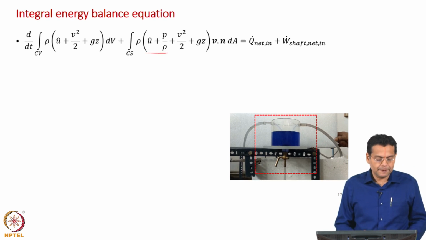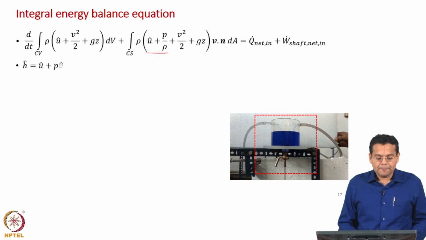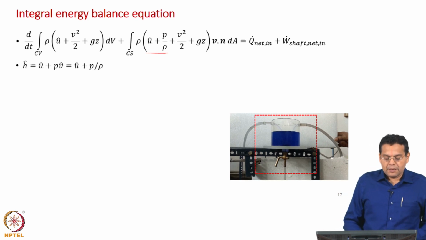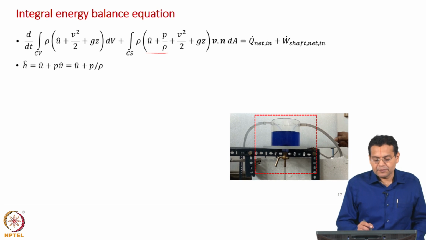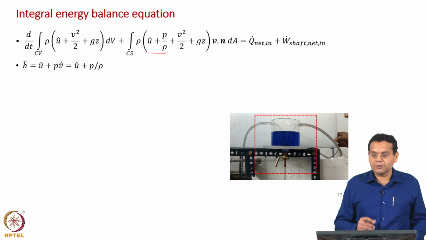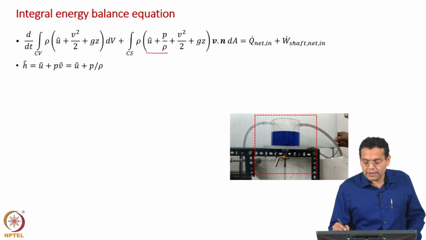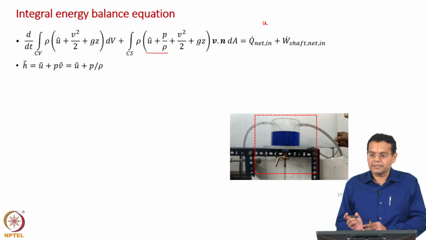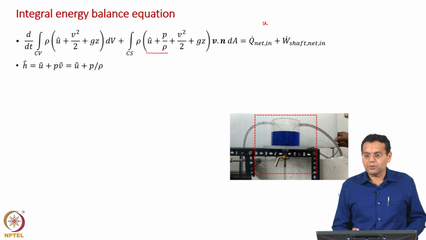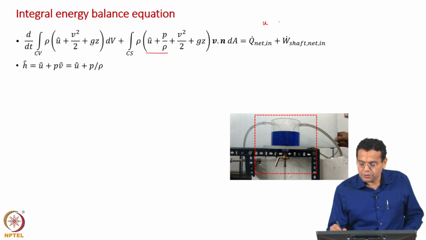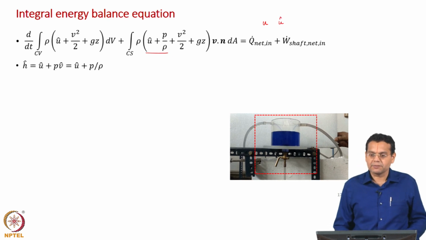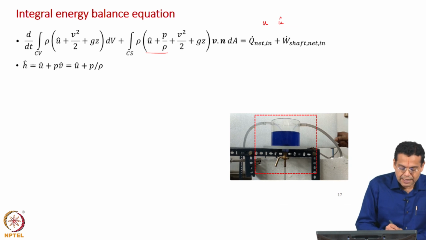Let us see how we do that. What is enthalpy? I would like to mention that this U, of course, we have been mentioning several times, is internal energy per unit mass. Two nomenclatures are there usually. When you generally say U, it is molar internal energy, that is internal energy per unit mole, when you say U cap, it is internal energy per unit mass. So, since all our terms are per unit mass, we have used the notation U cap. Okay. Now, what is H cap?